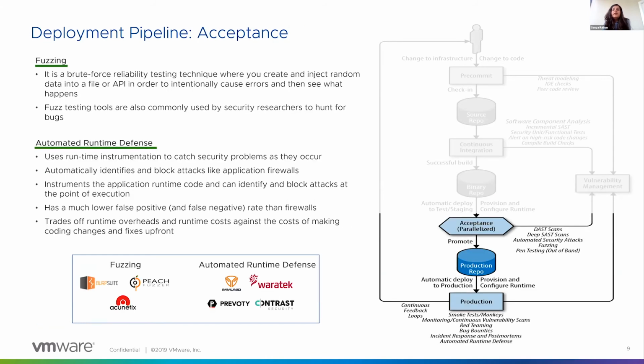All right. Third step, dynamic analysis security testing, or DAST, are useful for testing web and mobile applications. But they don't always play nicely in the CI/CD pipeline that we are discussing, right? Because most DAST tools are designed to be run by security analysts or pen testers, not in a Jenkins or